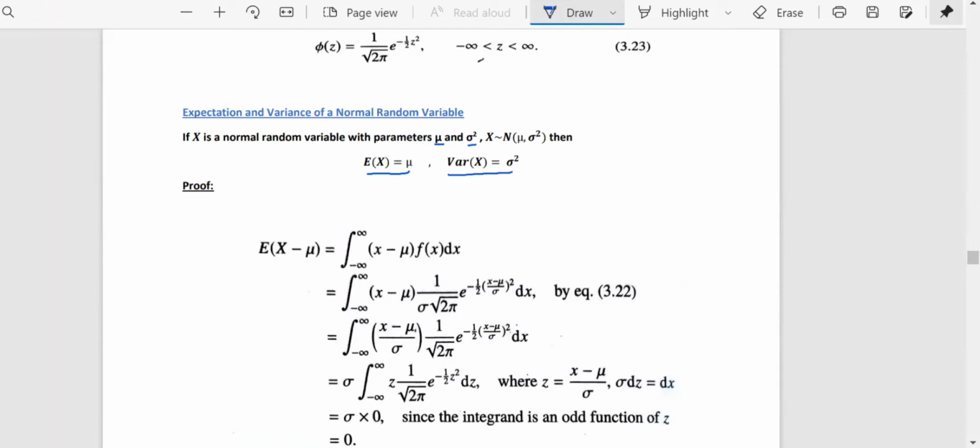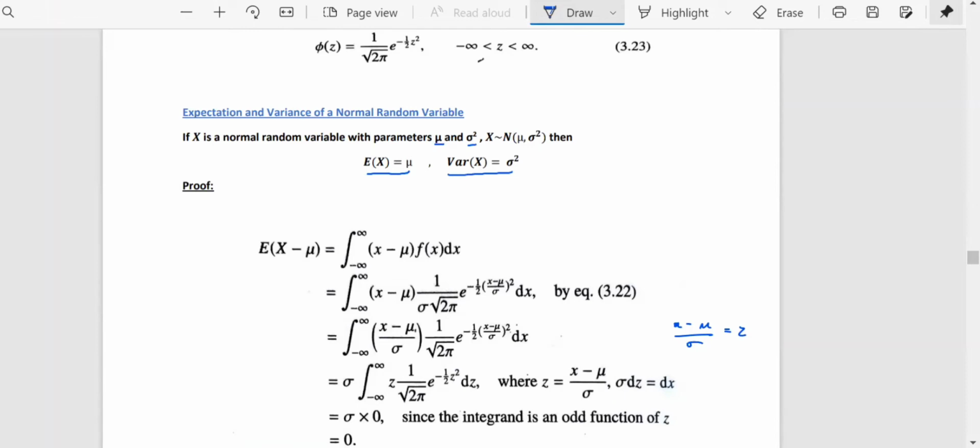For that, we are calculating expectation of x minus mu, that is, the integral from minus infinity to infinity of x minus mu times the probability density function, which is given by 1 by sigma root 2 pi e raised to minus 1 by 2 ((x minus mu) by sigma) the whole square. Now it is (x minus mu) by sigma times 1 by root of 2 pi e raised to minus 1 by 2 ((x minus mu) by sigma) the whole square. Now if we call (x minus mu) by sigma to be z, then we can replace (x minus mu) by sigma by z and we will be getting z times